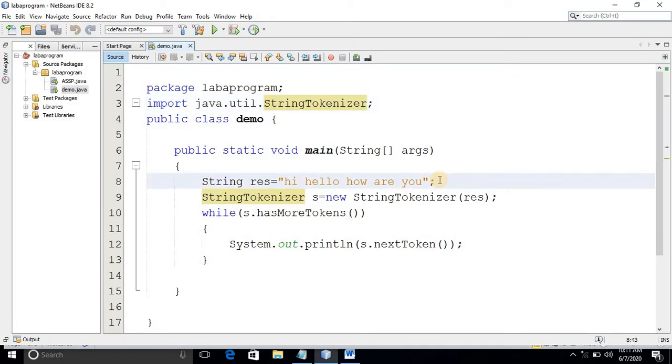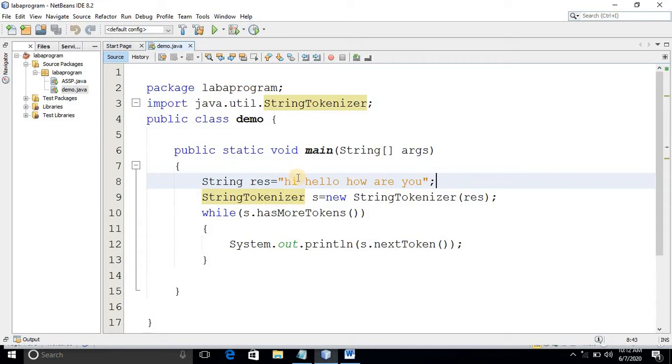Now I have given here String res is equal to "hi, hello, how are you". If you want to call the constructor, we need to create the object, correct? So StringTokenizer s is equal to new StringTokenizer, and I'll pass this string here. If you pass only the string as a parameter, it will take the space as the delimiter.